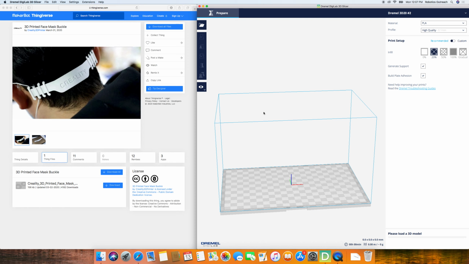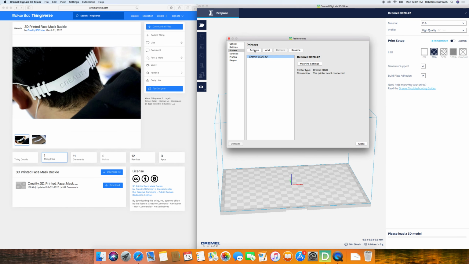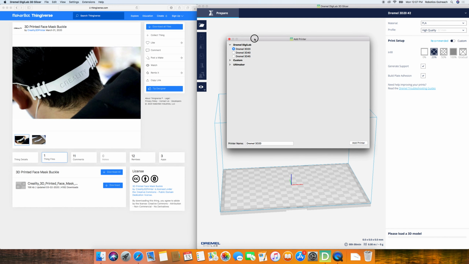Now, when you open it up, if you haven't already, go ahead and open it up. Pause the video if you haven't already. It's not going to look like this. It's actually going to look like this, and it's actually going to ask you to do something like this. So, select your printer